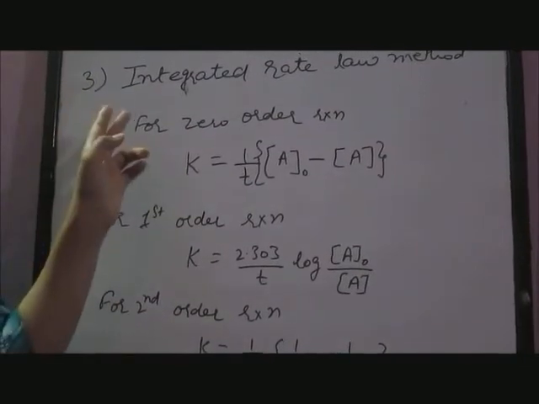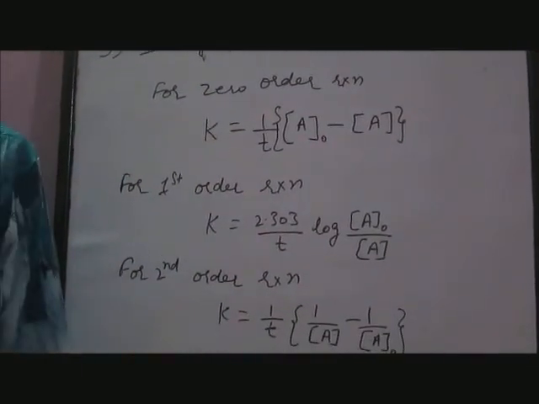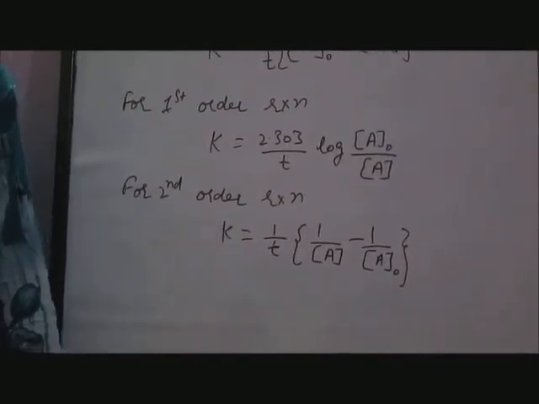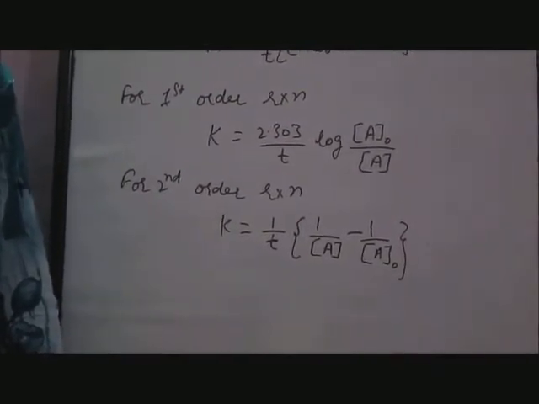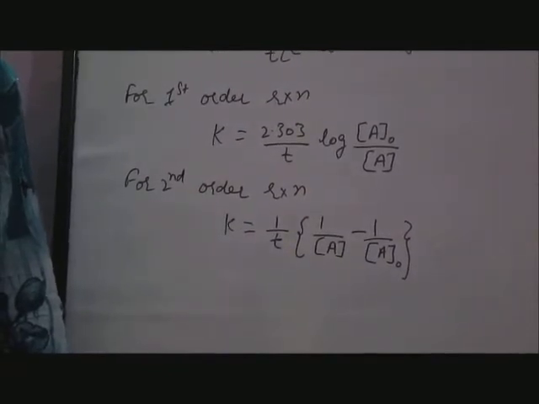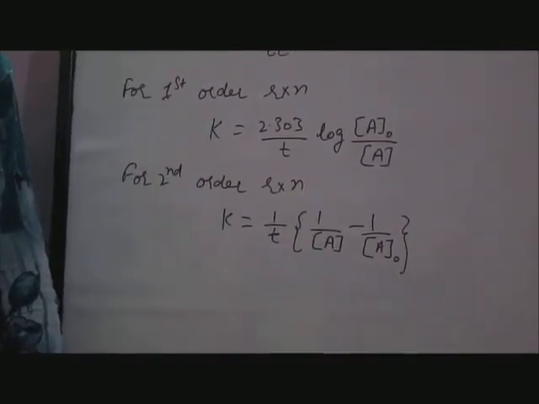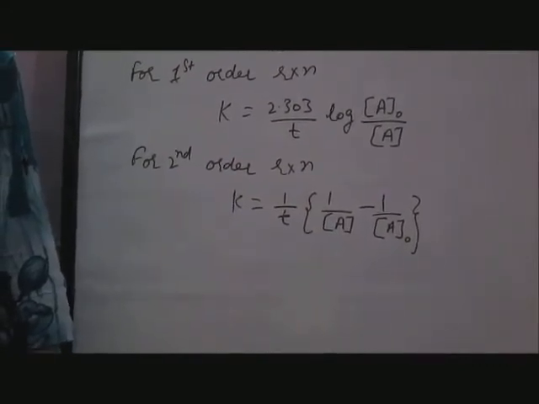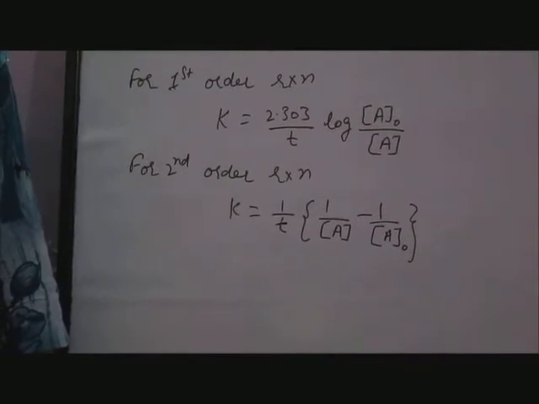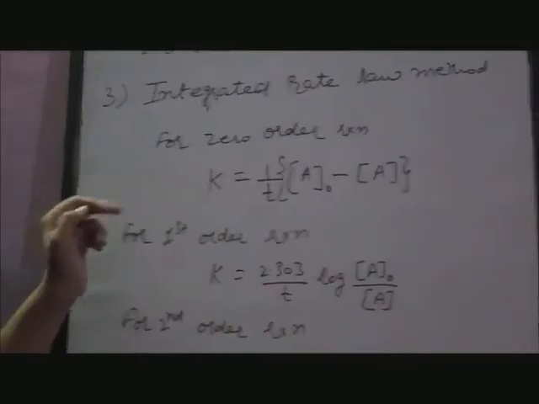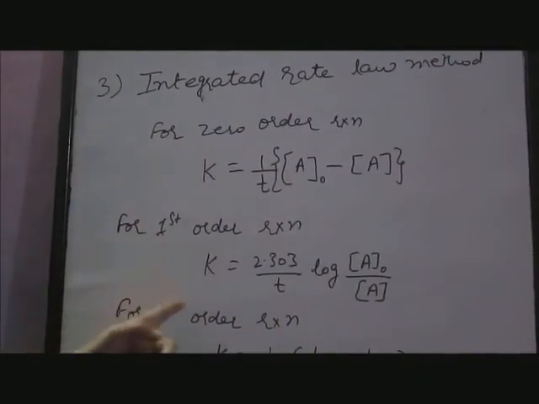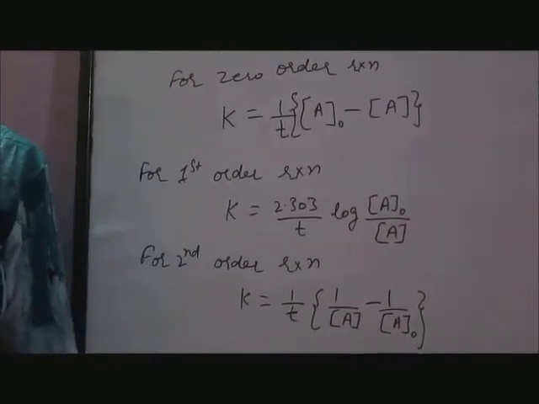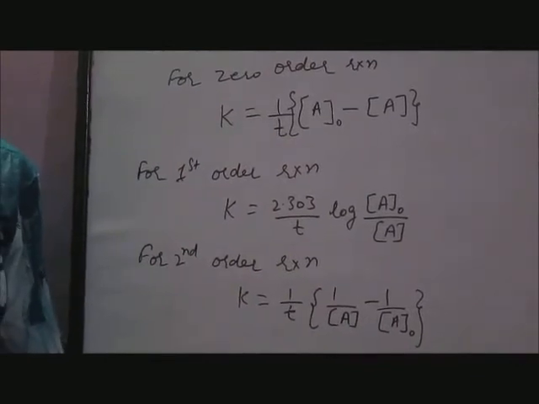The advantage of the integrated rate law method is that these integrated forms of equation contain the concentration of a reactant at different times and hence can be solved to find the value of K from the data of the run of one experiment only, and need not start with different initial concentrations. These expressions can be used to determine the order of reaction by either of the following two methods.